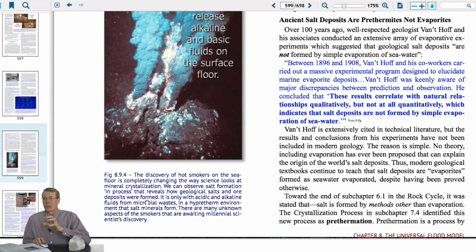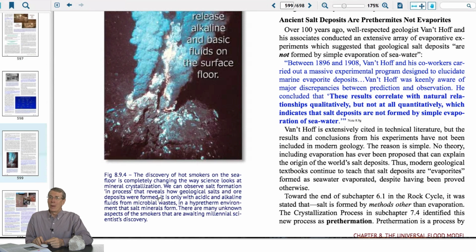We're talking not only about salts here, but this actually comes back to all the ores. Now, the ores are extremely important because you and I right now would not be communicating. You wouldn't be able to see this on the internet unless we had copper wires running through homes and the other metals that we use in our phone and modern technology. All those metals come from ores that came out of this process. So this is fundamental, and we have to understand ores are not forming today. You don't go anywhere in the world and find ores just happening, except in very specific locations like this on the bottom of the ocean.